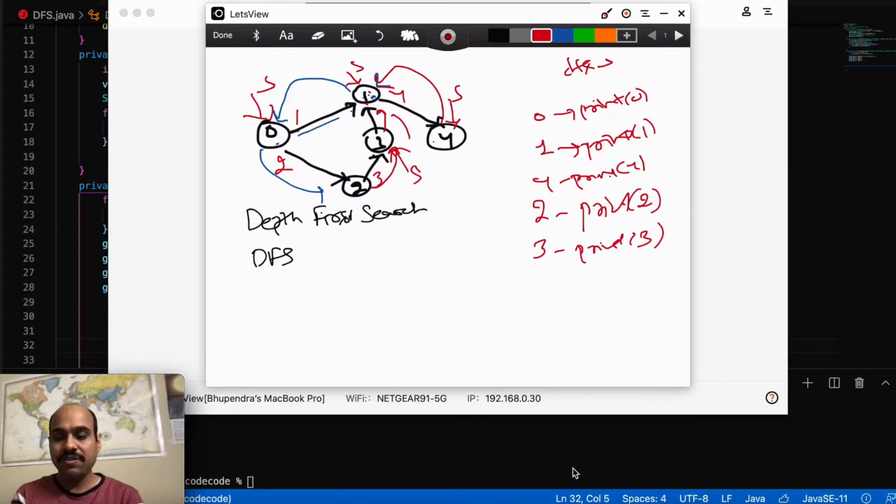So we'll come back to 3 like this. Again here we will check, is there any neighboring vertex of 3 which is not visited till now. So no, there is none. So we'll backtrack here. Again from 2, there is no neighboring vertex which has not been visited, so we'll backtrack to 0, and again we'll check, there is no vertex to go. So here our program will end, and at the end we have the list 0 1 4 2 3.